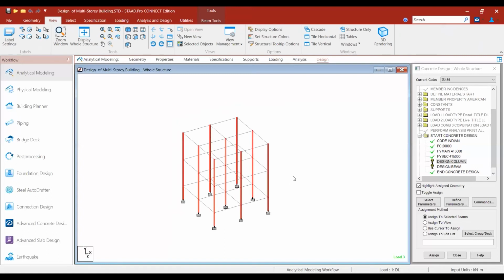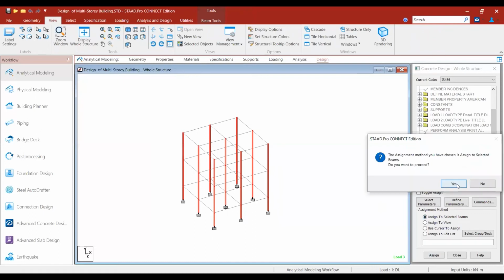If you see in the isometric view, only columns are selected. Now assign to selected beams.